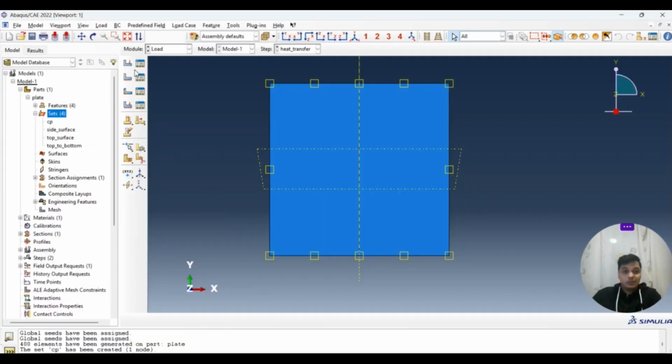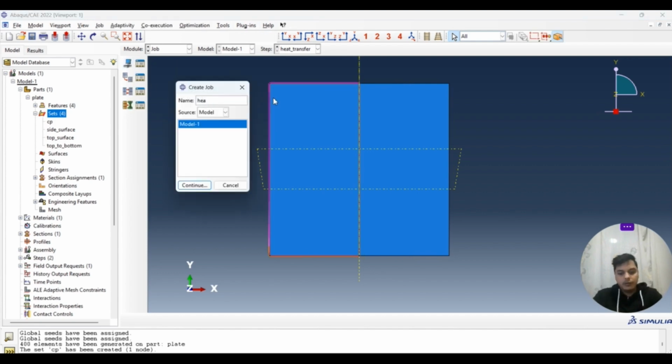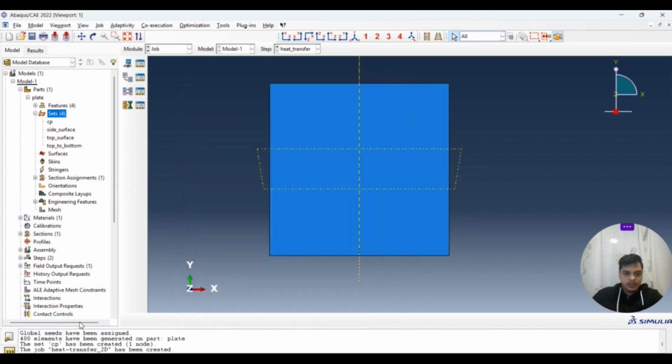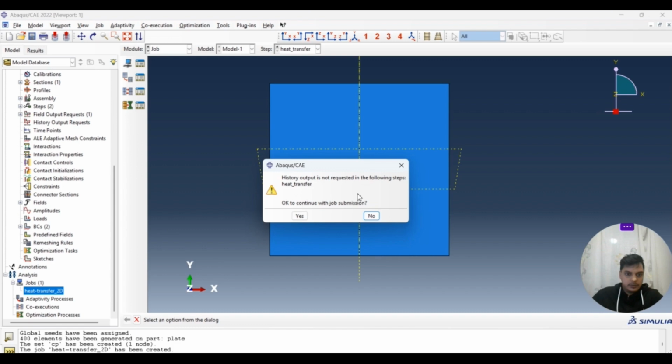We have to create a job. It's so much simpler. We go to the job, and you create it from here. We can say heat transfer theory. Perfect. So we just try to run this heat transfer theory case.